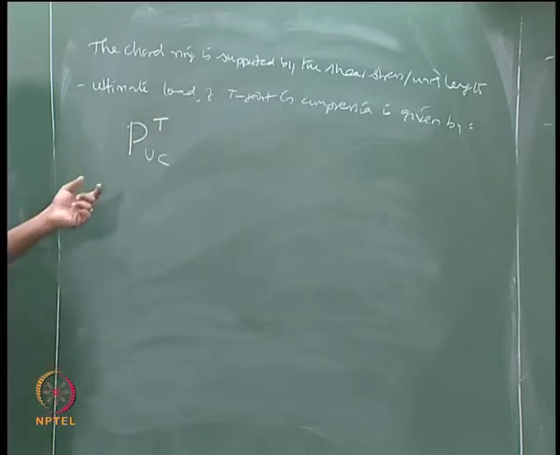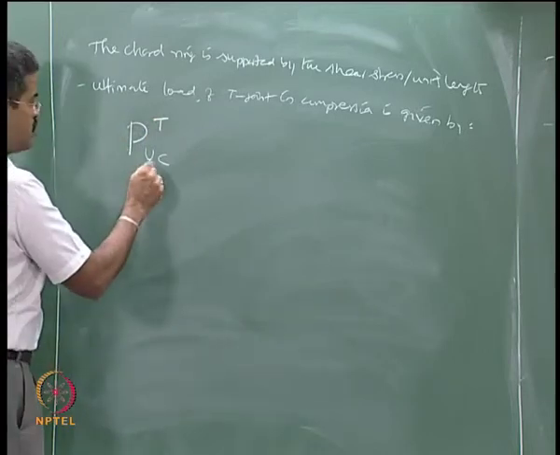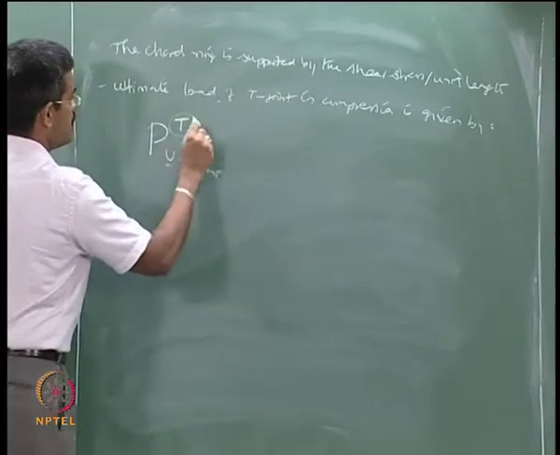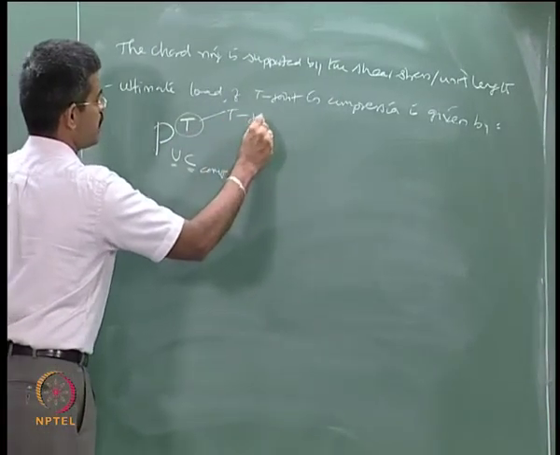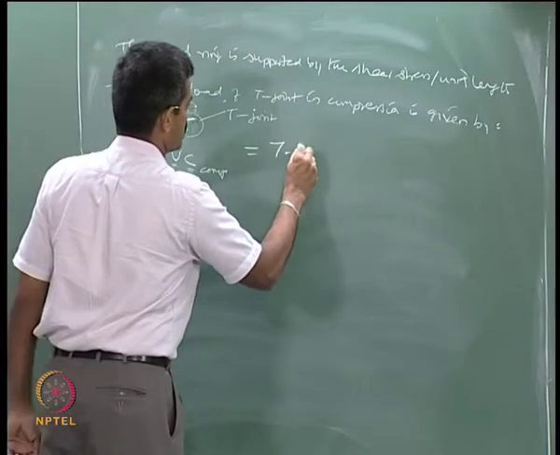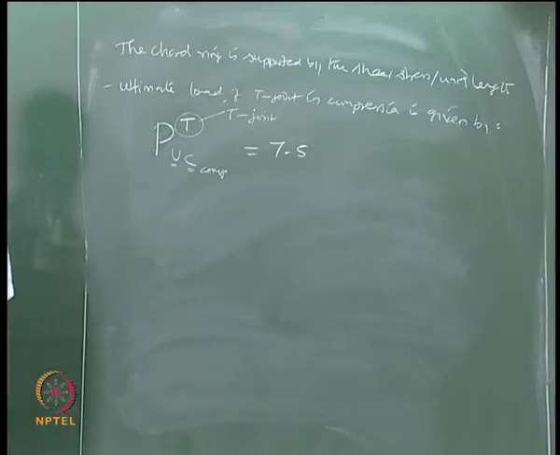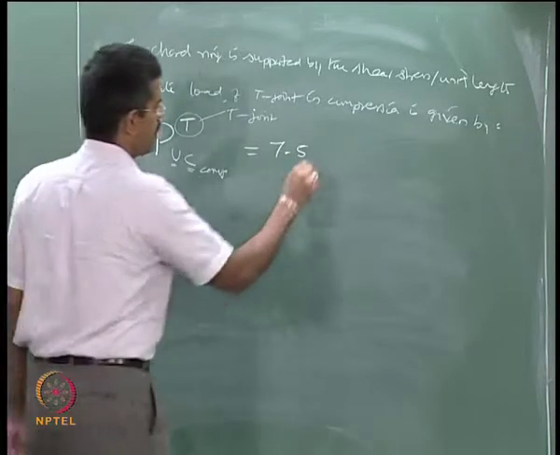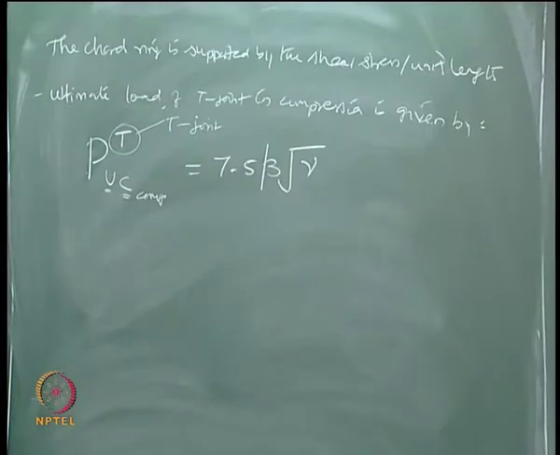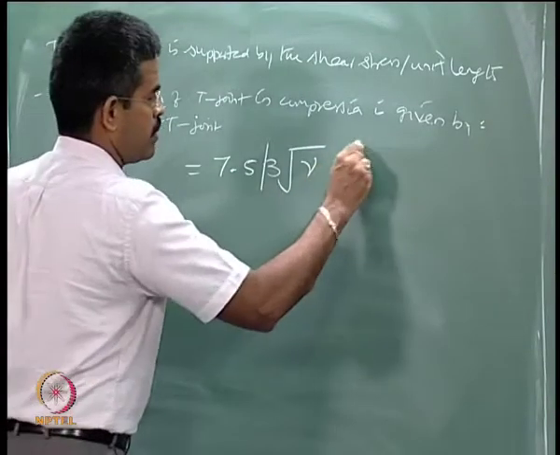Please remember how I am writing it. P stands for the load, U stands for ultimate, C stands for compression. I am looking for compression. This stands for the T joint. Okay, that is how the symbol states. Empirically, this value is given by 7.5 beta nu T square sigma y,